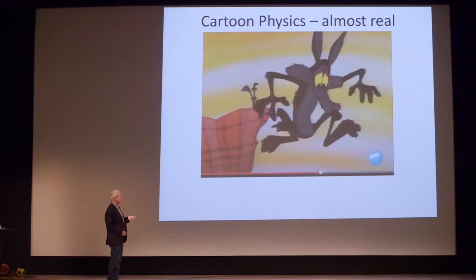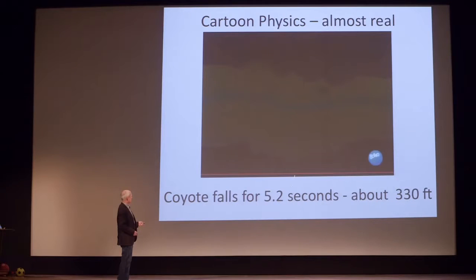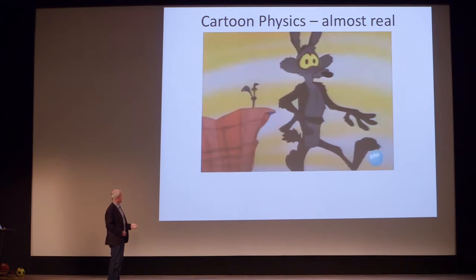Well, eventually, he falls down, right? Maybe the physiology of the coyote is a little bit unusual, but I want to emphasize a couple things. One is that he falls, I timed this, it's 5.2 seconds, which means he fell about 330 feet or 100 meters. But watch this. This is just what happens to the coyote